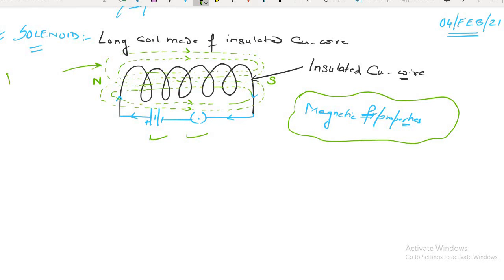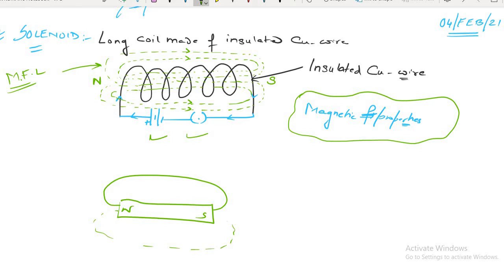Any doubt? No, sir. For a bar magnet, magnetic field lines start from the North Pole and end at the South Pole. Yes or no? And they have to be dotted lines. Remember, it's not a regular line, it has to be a dotted line. Like this. Clear?